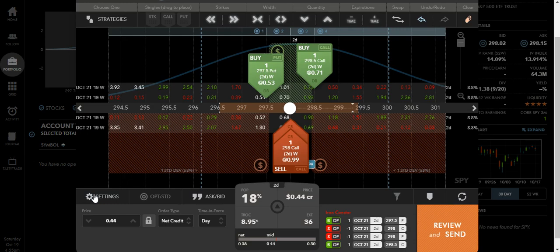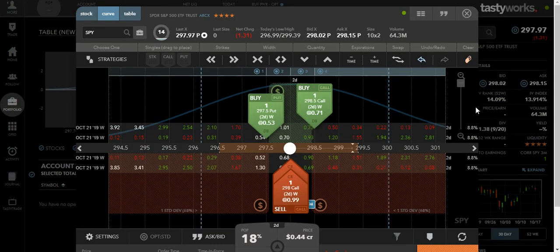But what a lot of people don't understand is when this option expires, chances are it's going to expire worthless because it's not going to be in the zone. And when it does, these contracts are going to be in the money. And if they're in the money, you're either going to get assigned, or even if you don't get assigned, you're going to get an assessment fee. If you do get assigned, you could possibly lose even more money, and they're going to put the calls or puts to you. You're going to have to buy those contracts, those actual stock contracts. So you could potentially end up losing